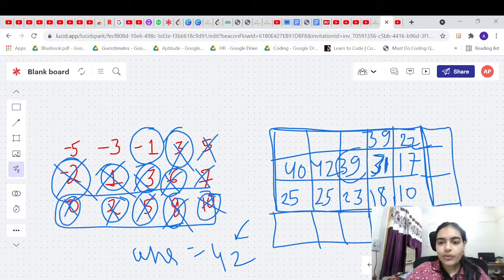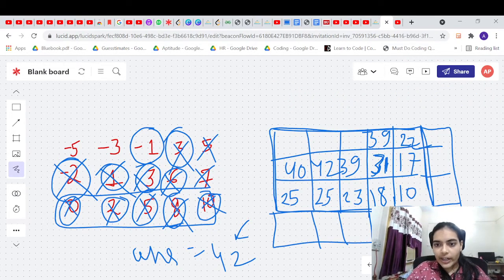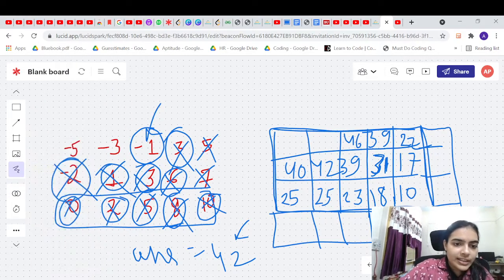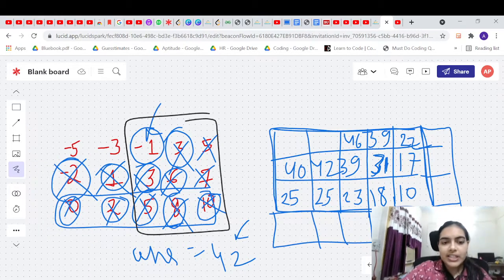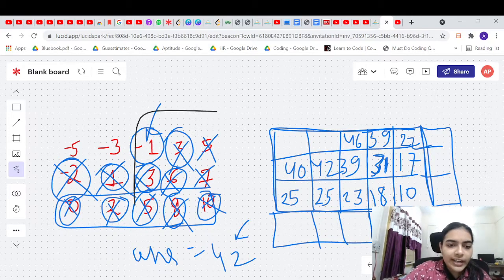How will you calculate the answer for this? 39 plus 39 is what? 78. 78 minus 31 is 47. So you are getting 47, and minus 1, you will get 46. So now you have a better answer. If you bomb this entire region, earlier our answer was this region, but now you are getting this entire region.